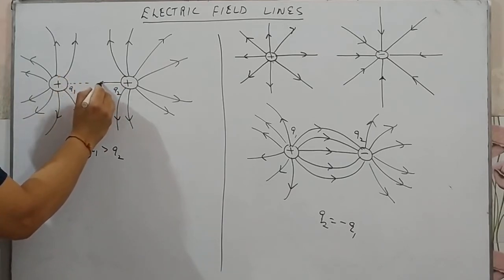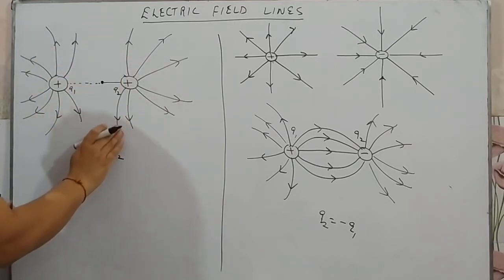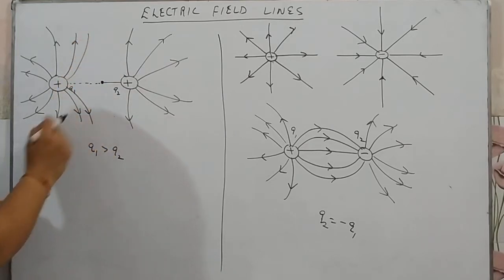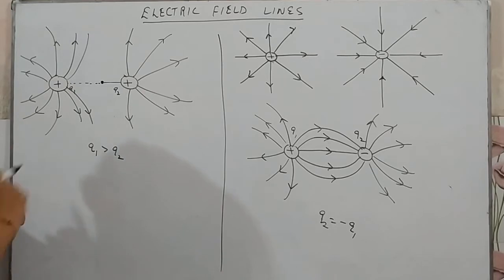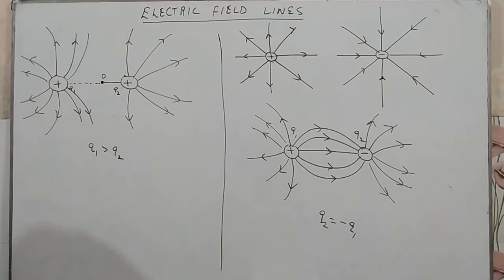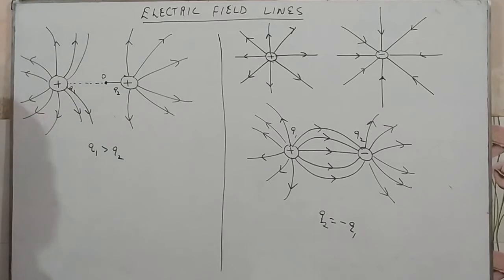Let it be C, and the field lines also get a little bit modified because this is a stronger charge, so the field lines will be like this. The neutral point is shifted towards the weaker charge out of the two. The position of the neutral point will shift more towards the weaker charge. So take care while drawing the electric field line diagram for such arrangements in which we have taken two positive charges. Next we'll discuss the properties of electric field lines.